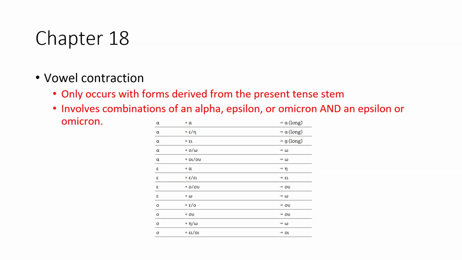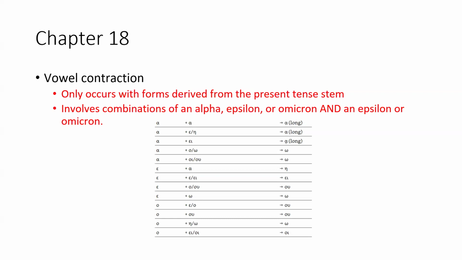So alpha plus alpha equals alpha long, alpha plus epsilon equals alpha long, alpha plus epsilon iota equals alpha long with an iota subscript, alpha plus omicron equals omega, alpha plus omicron iota or omicron epsilon equals omega, epsilon plus alpha is an eta, epsilon plus epsilon or epsilon iota equals epsilon iota,